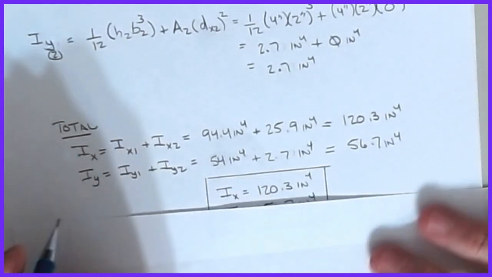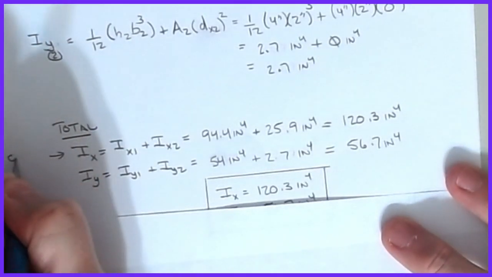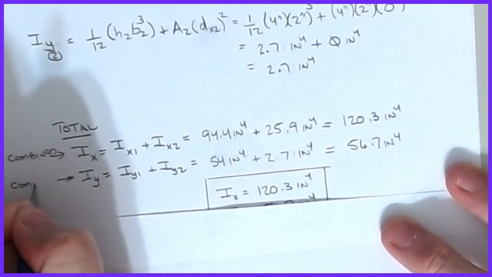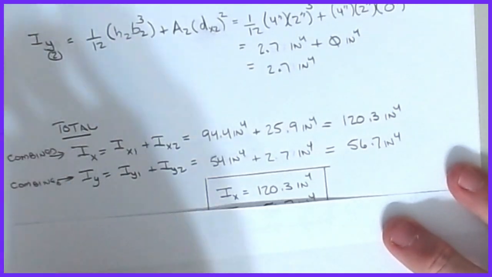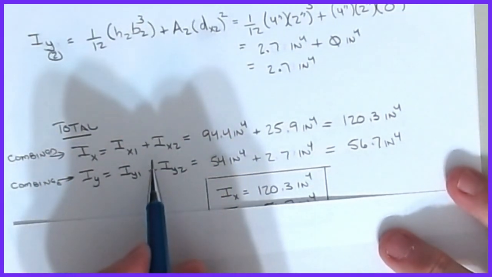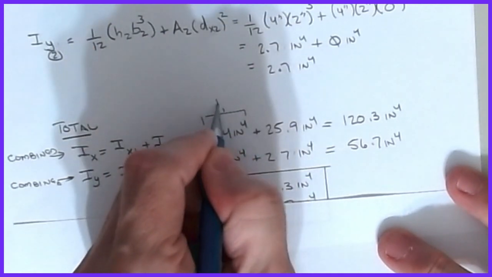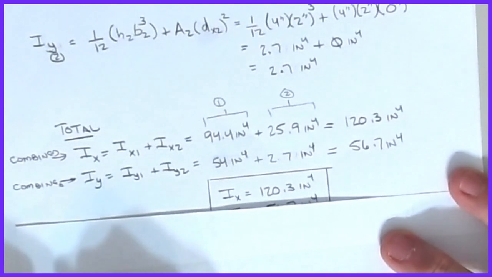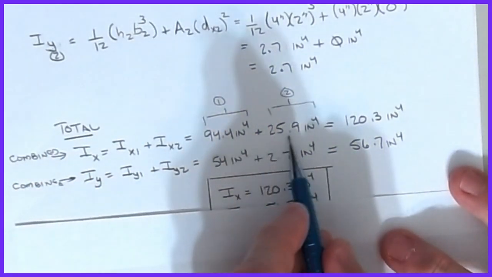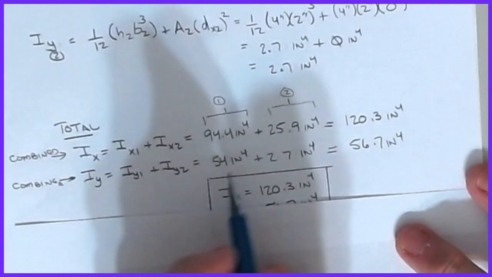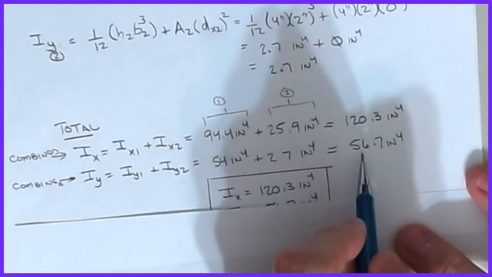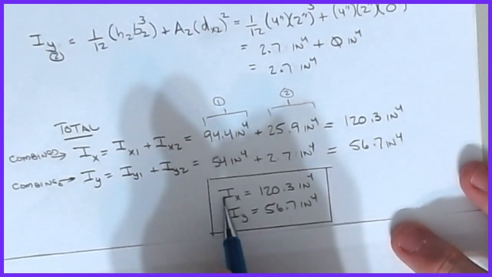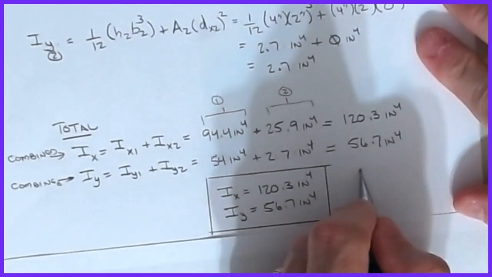All right, and so the combined, again, that's combined. And this guy is also combined. For the composite shape, I can just add the two terms that we got together. So this was for region 1 and this was for region 2 for both calculations. So 94.4 plus 25.9 gets me 120.3, and then 54 plus 2.7 gets us 56.7. And so my math comes up. And so these become the section properties for the combined shape